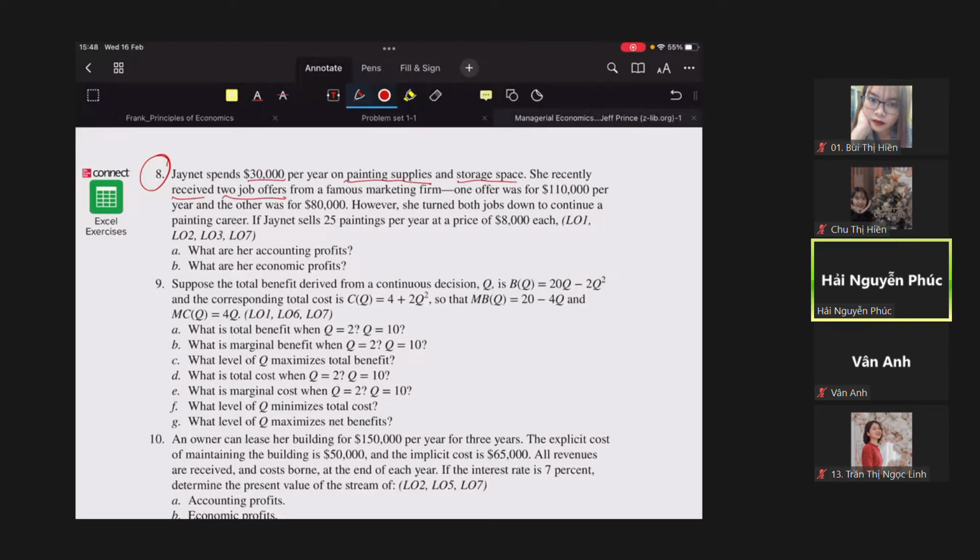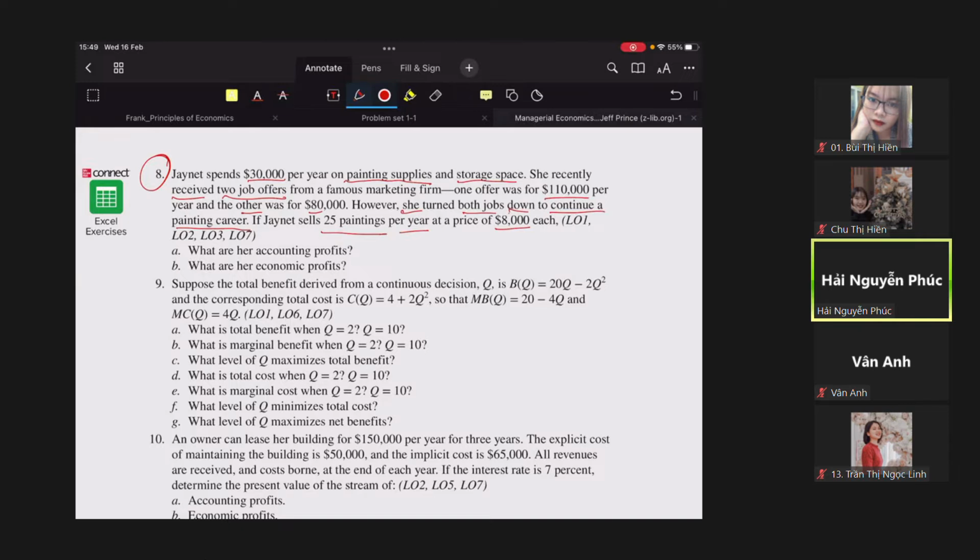One offer was for 110 per year, another one was for 80,000. However, she turned both jobs down to continue a painting career. If Janet sells, let's say, 25 paintings per year at the price of 8,000 each,